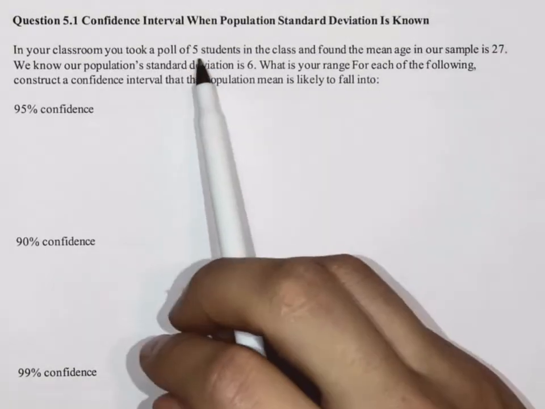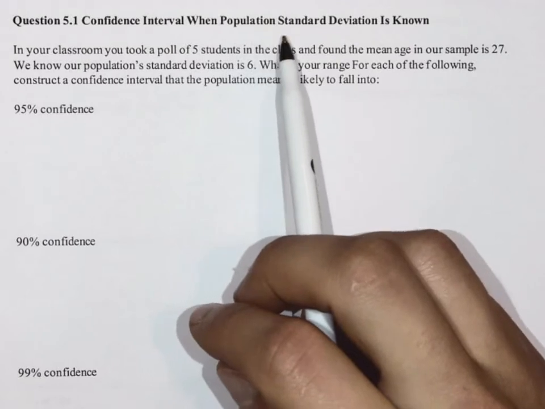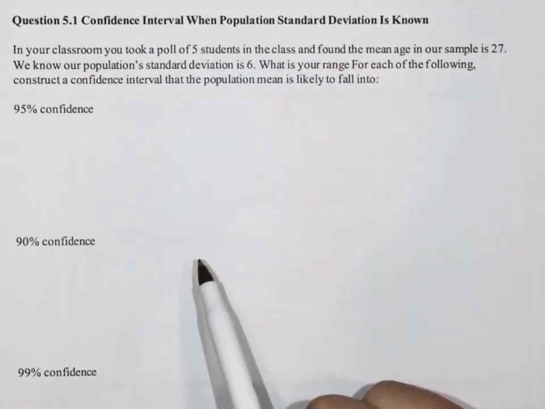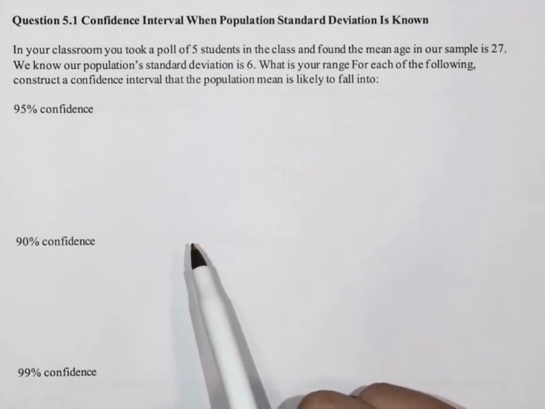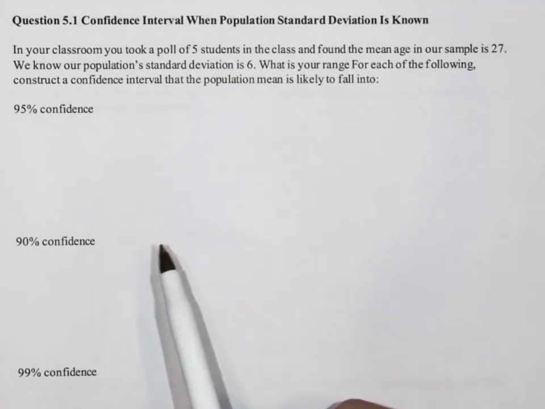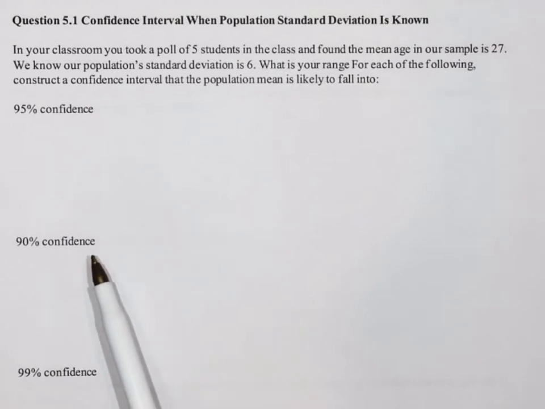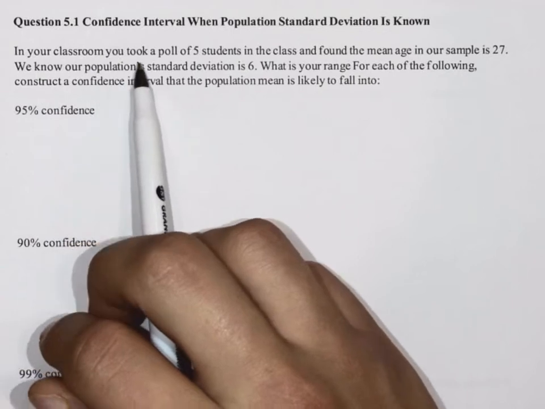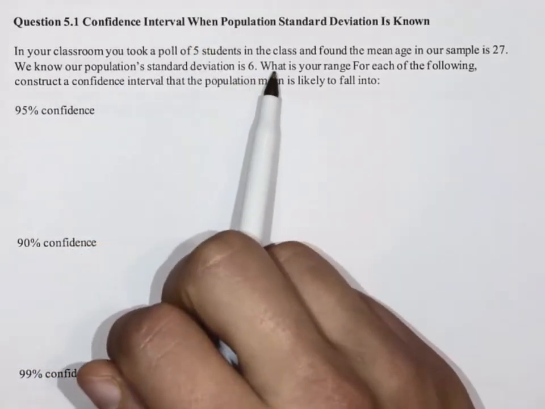Let's review confidence intervals when population standard deviation is known. We use confidence intervals when we don't know the population average. It gives us a range of possible sample averages and tells us the percentage confidence that the population average falls within. So, if in our classroom we took a poll of 5 students in the class